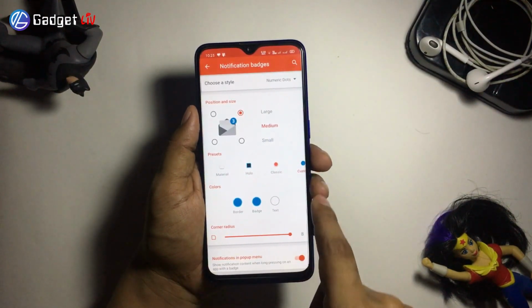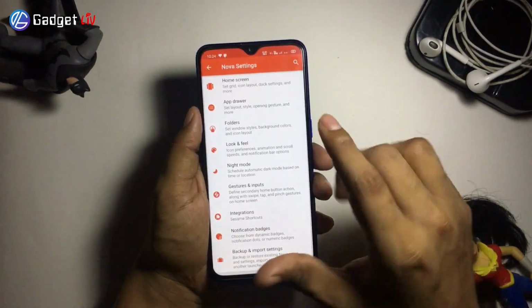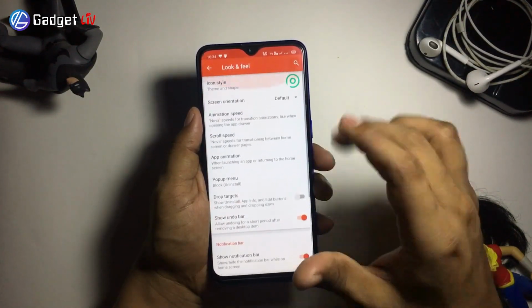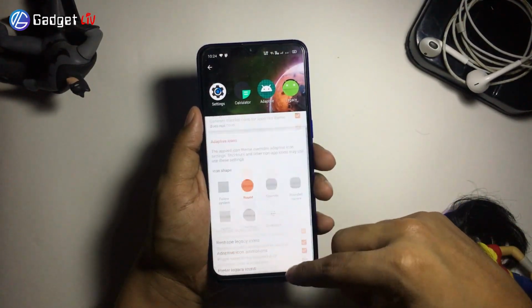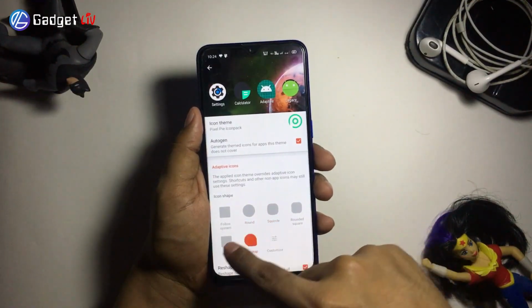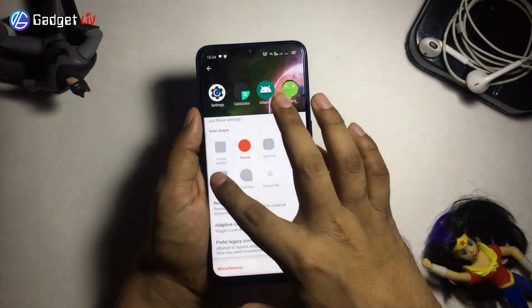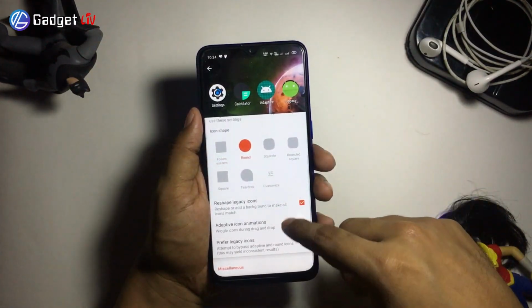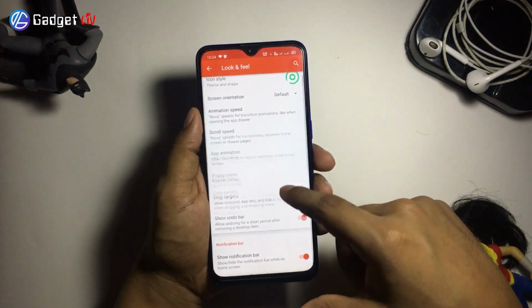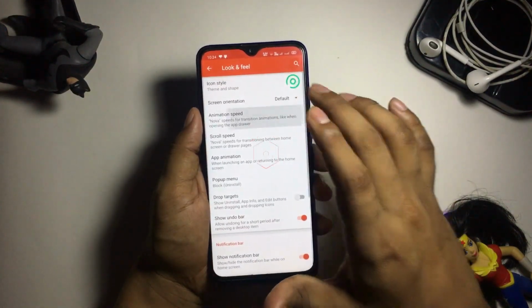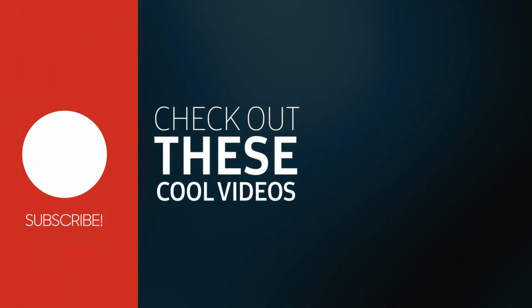I have been using the Nova Launcher on my smartphone for over 4 years and every time I have purchased a new phone, the first thing I do is install Nova Launcher. There are many things you can do with the app which you can't even imagine. Also, it has over 50 million downloads in the Play Store, and no wonder it is one of the top Android launchers. Well, that's the end of our list of 10 best Android launchers.